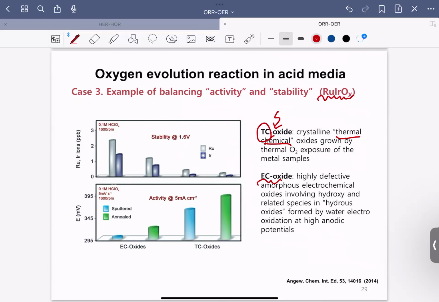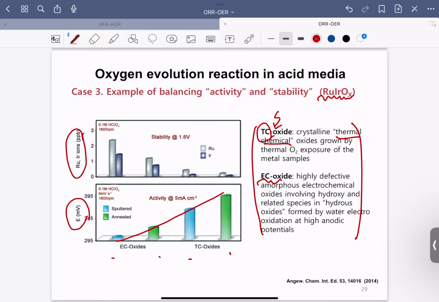I do not want to discuss in detail what makes the differences, but please keep in mind the overpotential here. There is a certain trend between the four samples by changing the ruthenium and the iridium. And what about the stability? If we confirm the dissolution,